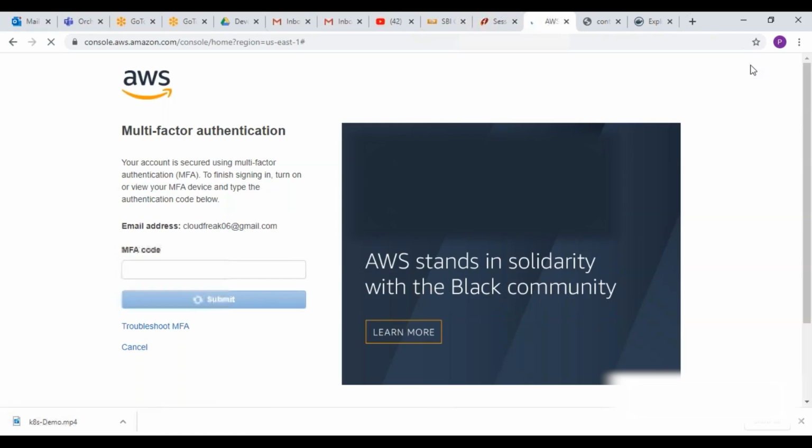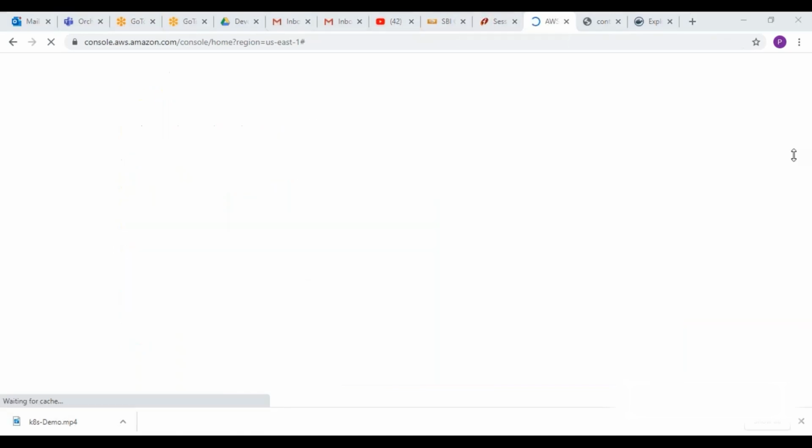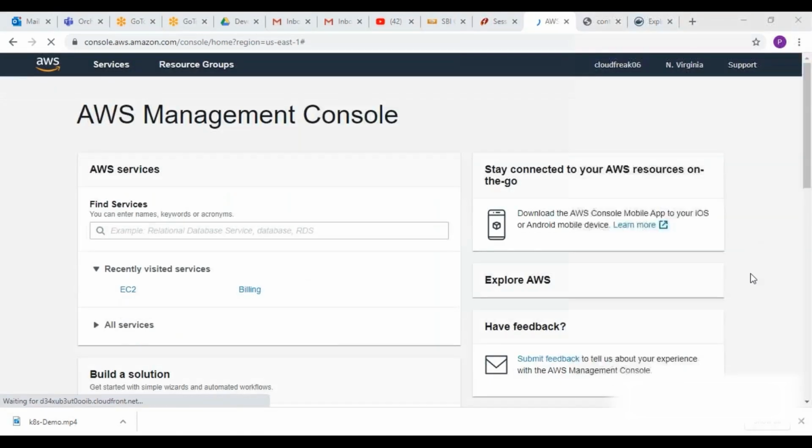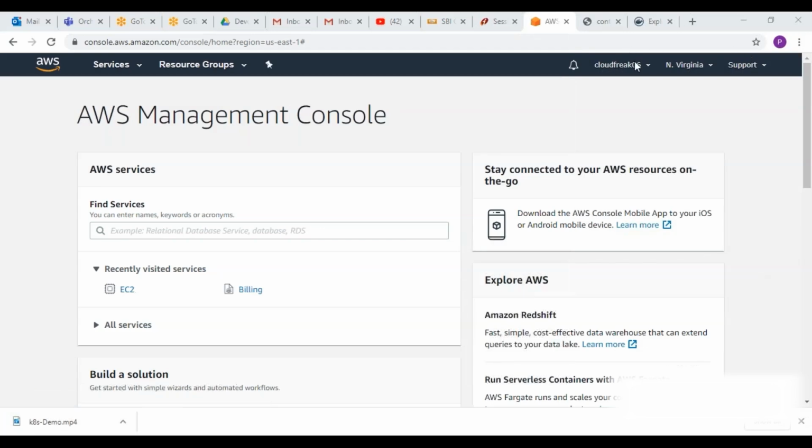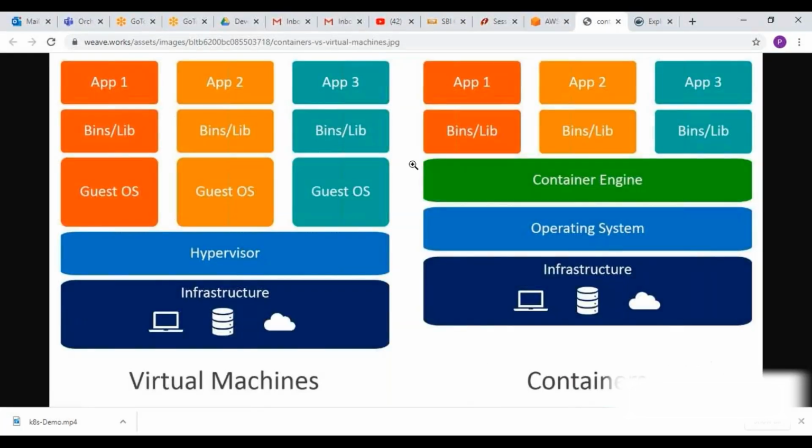I have a question. Can you open that image, the VM and the Docker image from Google, which you opened? This one, right? So you told us in the first image, this VM with application one, two, three, all these three applications are independent of each other. The left side, VM.